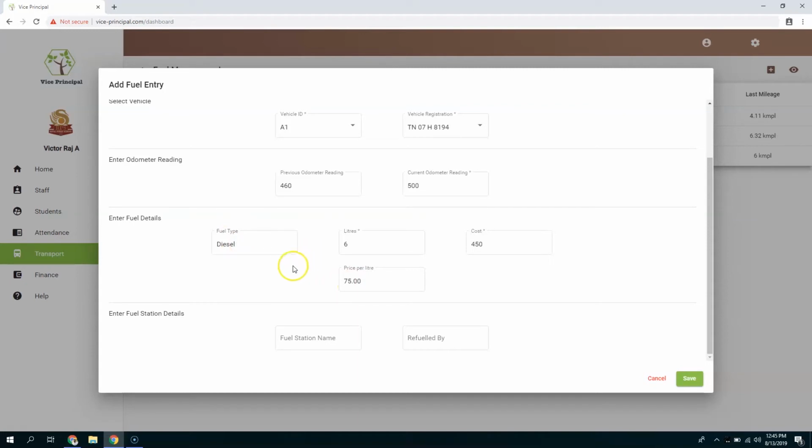which gives the price per liter as 75, and the fuel type is selected by default as diesel. And here, if we want to select the fuel station name, for example, Pala Enterprises, we can do that, and the name of the person who refueled the vehicle. So in this case, I'm going to select Dinesh, for example, and when we hit save,